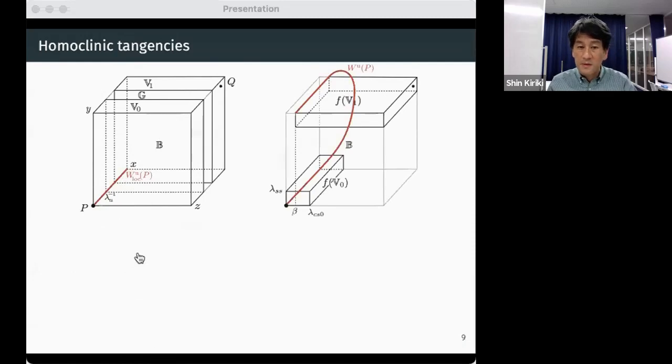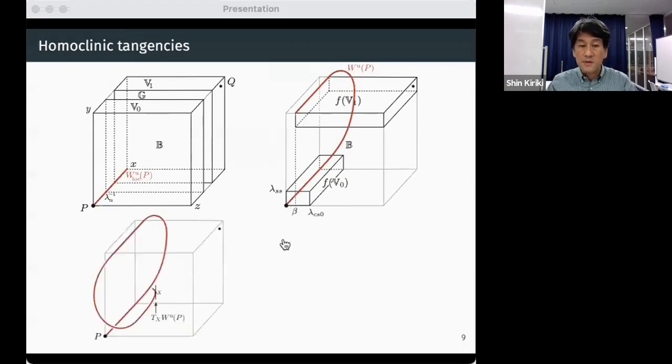Also, from the definition, the local unstable manifold can be automatically extended upward like this. In the next step, we consider two types of homoclinic tangency associated with the unstable manifold and the local stable manifold of P. In the first case, the not-good one, the tangent space at the homoclinic tangency at X is parallel to the